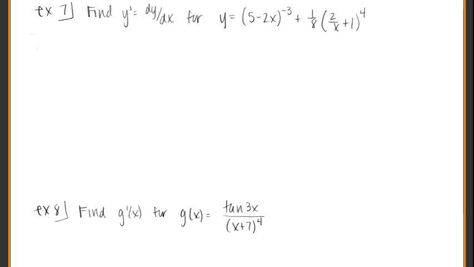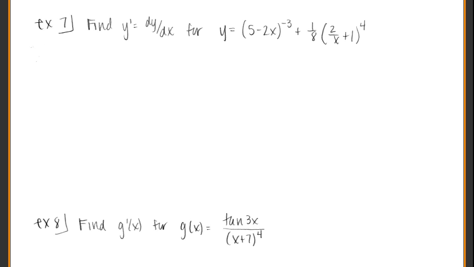Example 7. We're taking the derivative, and it looks like this derivative of this function has two really large terms. Let me first write it so I can see all the exponents. Let's write it as y equals (5 minus 2x) to the negative 3 plus 1/8 times,